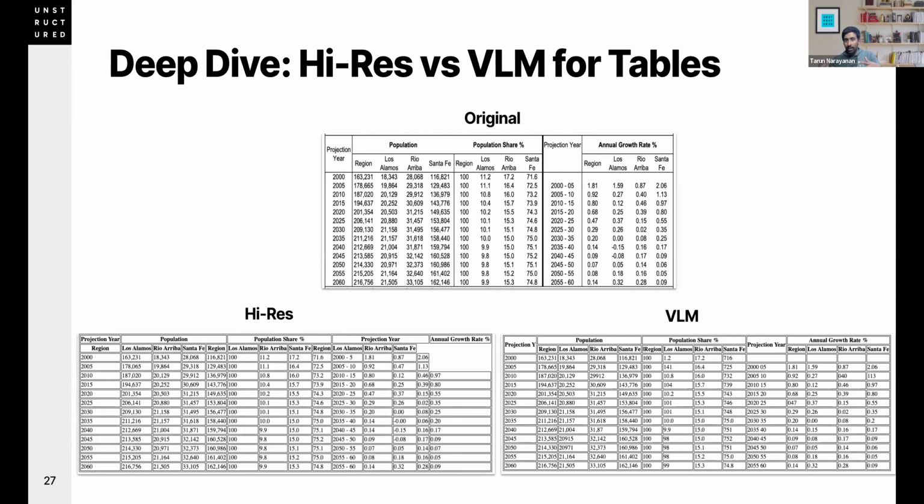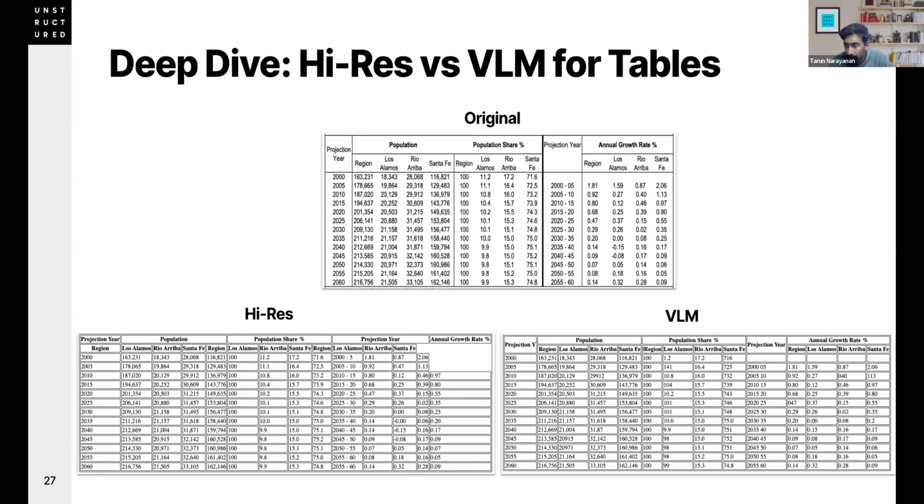So, a deep dive into what table processing looks like and what the difference between these transformation strategies looks like. Take the table that we just saw in the previous example with the bounding boxes. I took the table from there and processed it through high-res and VLM, which are two different strategies that we just saw. You're able to see that high-res provides the table pretty accurately and mostly gets it, but also not quite. The layout is something it's not able to accurately capture, because this, in my opinion, is a slightly complex